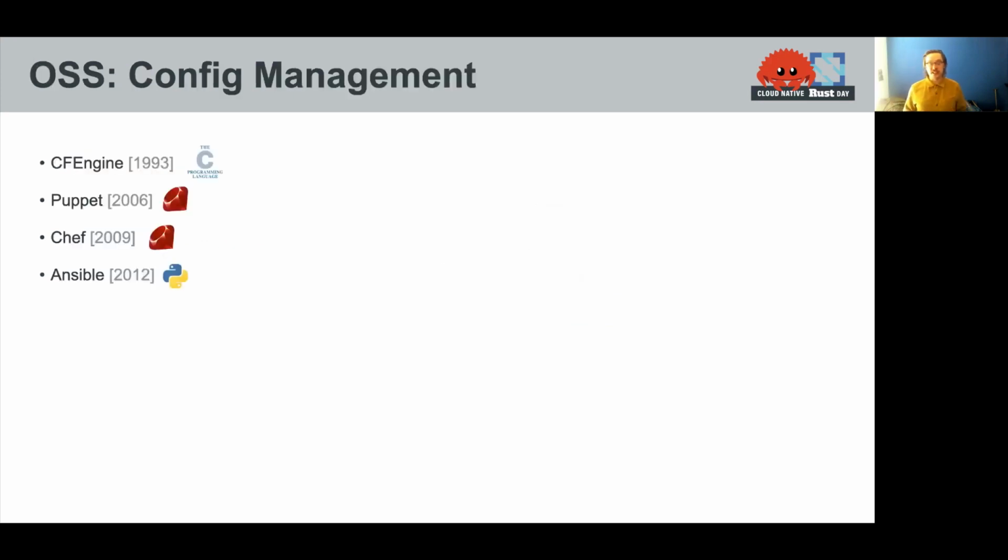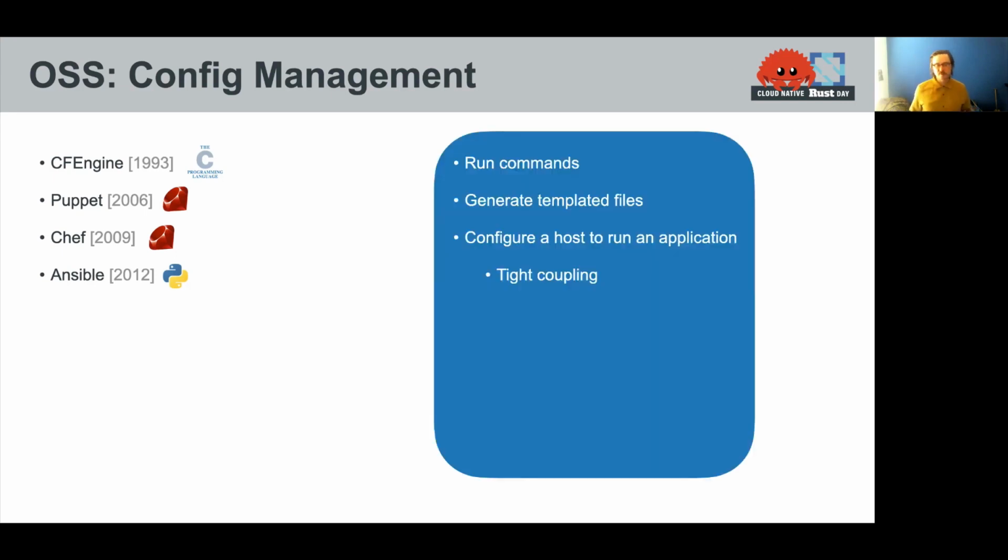Lots of companies at the time were going through similar problems. They all had to manage hosts to be connected to the internet securely. And so the proliferation of projects came around this. First, CFEngine, long time ago, written in C. And then, in the mid 2000s to late 2000s, we saw new projects coming on, mostly in Ruby or Python, projects like Puppet, Chef, Ansible, and of course, others.